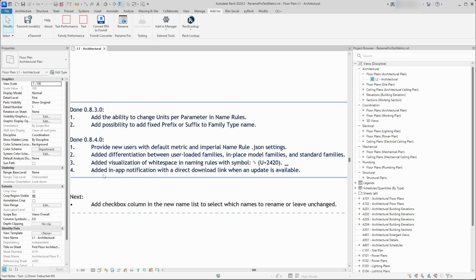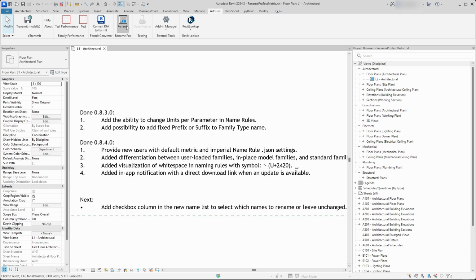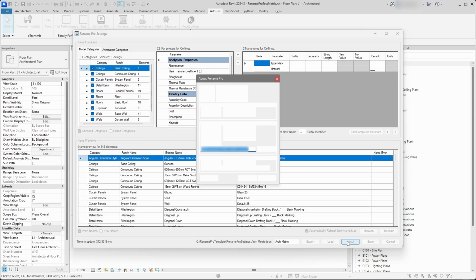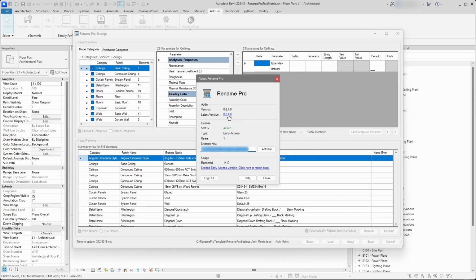And now I also added in-app notifications with a direct download link when a new update is available. So previously you had to go to the about dialog, and then you can compare, you have your version here and you can see that this is the latest version, and when you click on that you're redirected to the download page, but you have to compare the